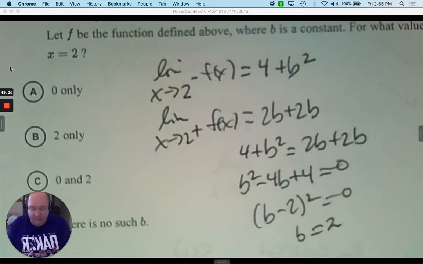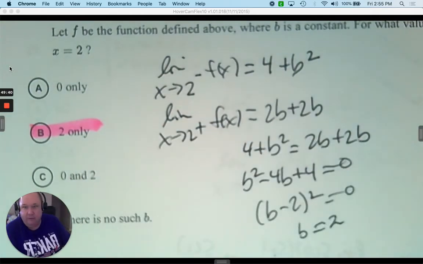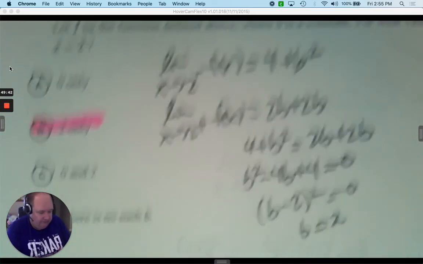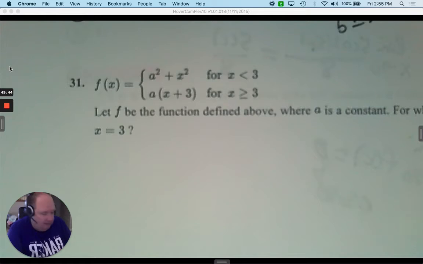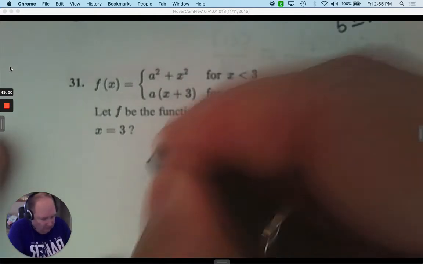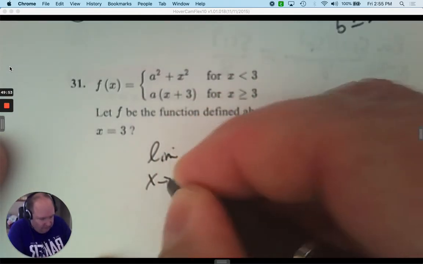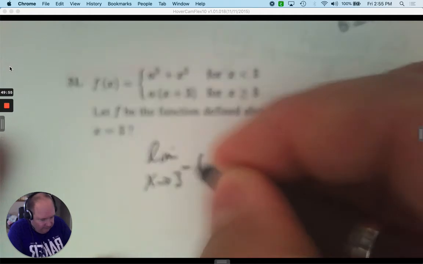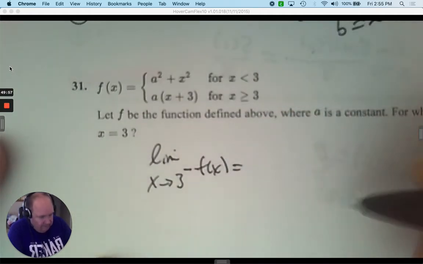I just have the answer key, so I'm always double checking to make sure that I'm doing it correctly with you. Number 31. In number 31, again, you're asked if a is a constant, for what values is it continuous? So we're going to write it as a limit as x approaches 3 from the left of f at x. So for that